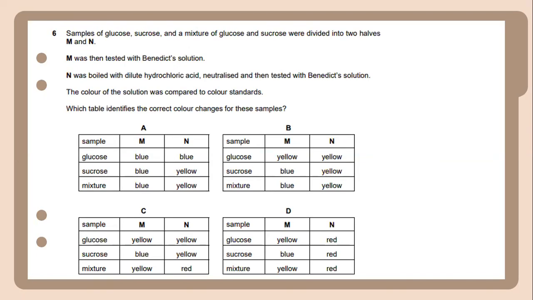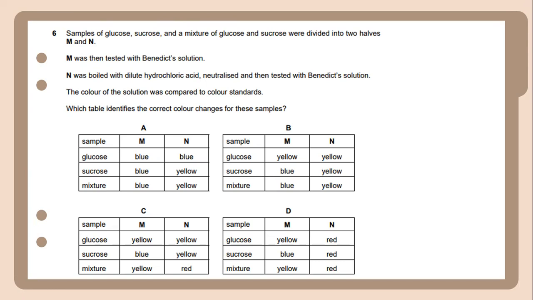Samples of glucose, sucrose and a mixture of glucose and sucrose were divided into two halves, M and N. M was then tested with Benedict's solution, and N was boiled with dilute hydrochloric acid, neutralized, and then tested with Benedict's solution. The color of the solutions was compared to the color standard. Which table identified the correct color changes for these samples? The answer for this will be,